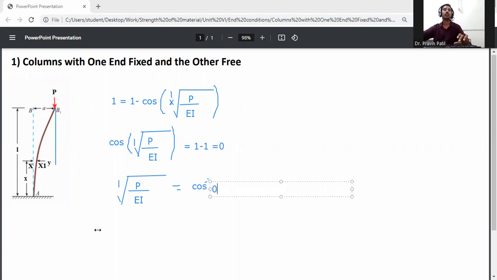Cos inverse 0, it is L divided by root of p by a. Cos 0 is equal to pi by 2,